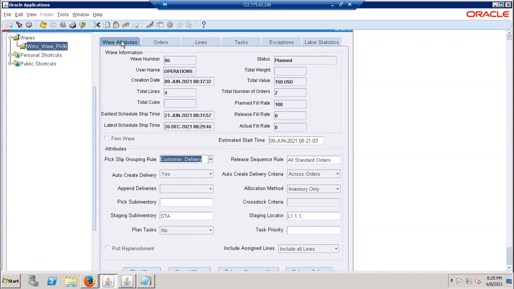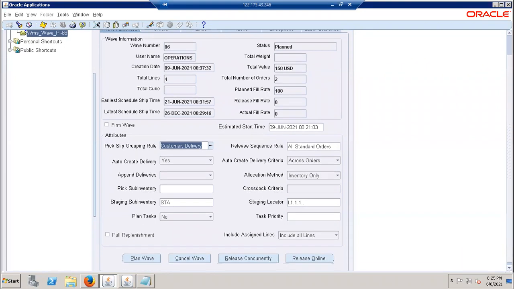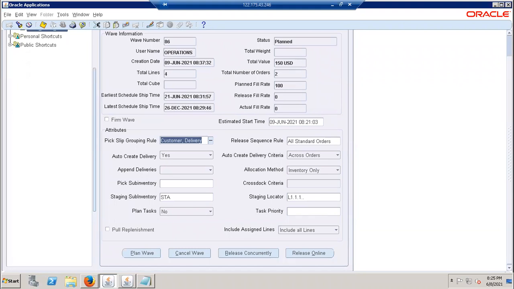For that, just scroll down. You have another option called cancel wave. Let's suppose you don't want to do the allocations. During that time, you can click on cancel wave so that whatever allocation happened so far for this order will be cancelled. It means the orders will still be in entered or booked status, but the allocation doesn't happen unless we intervene, or maybe until the next planning is done. Until then those orders will not have anything.